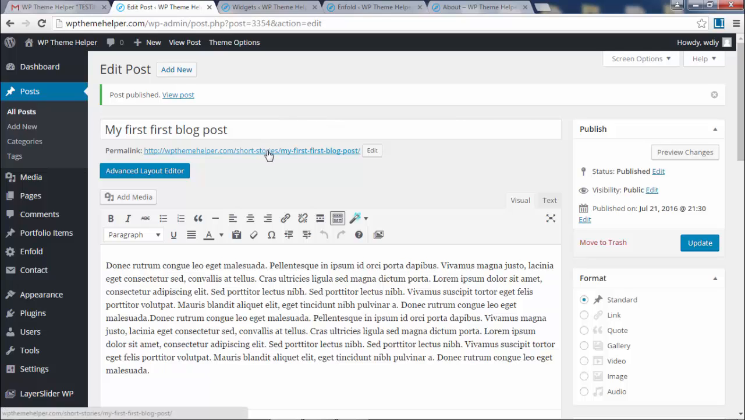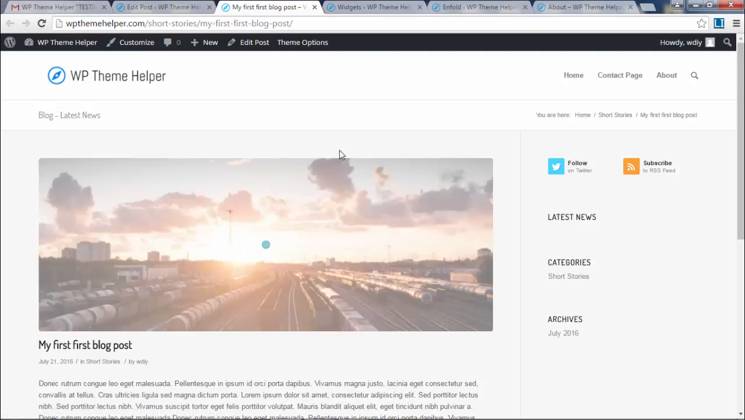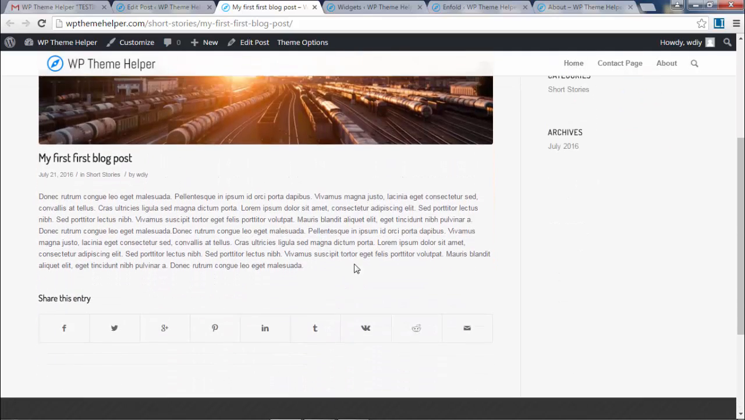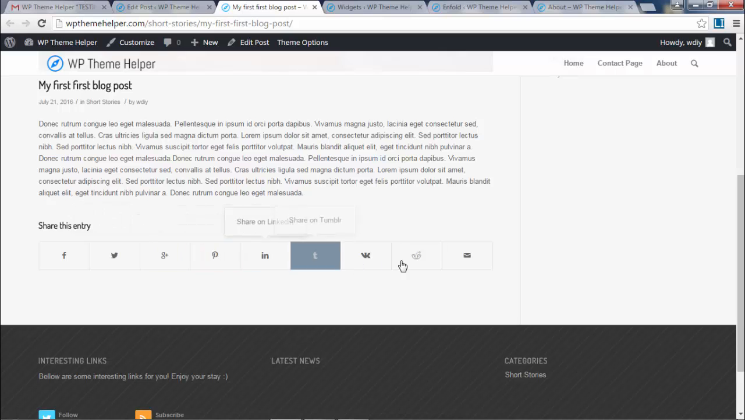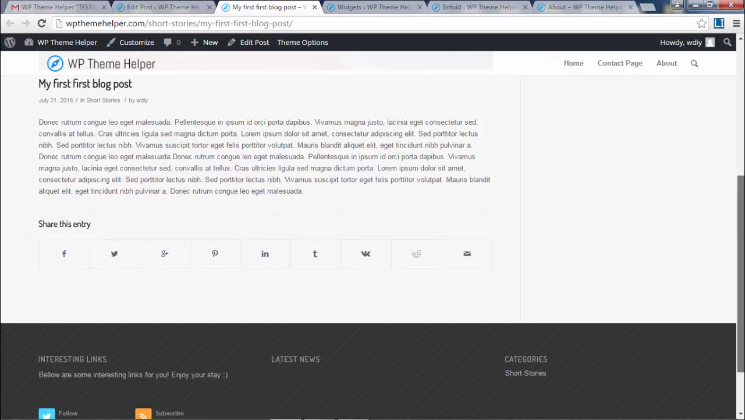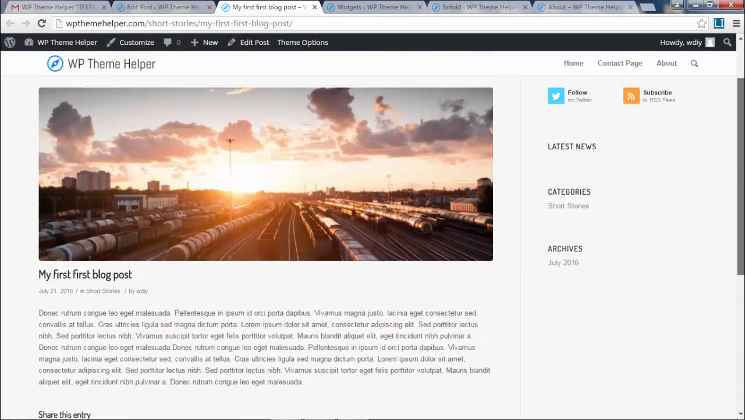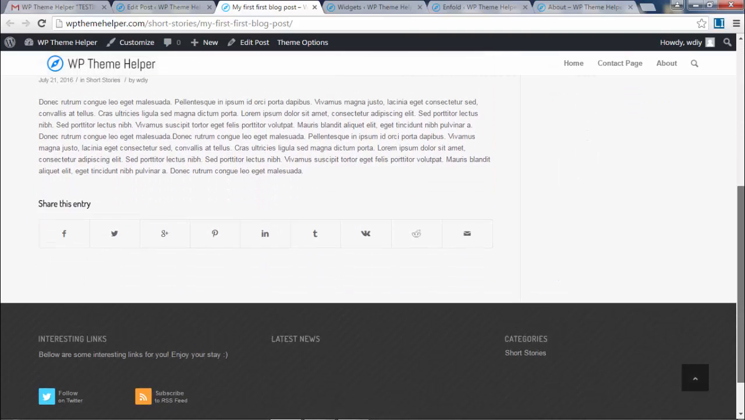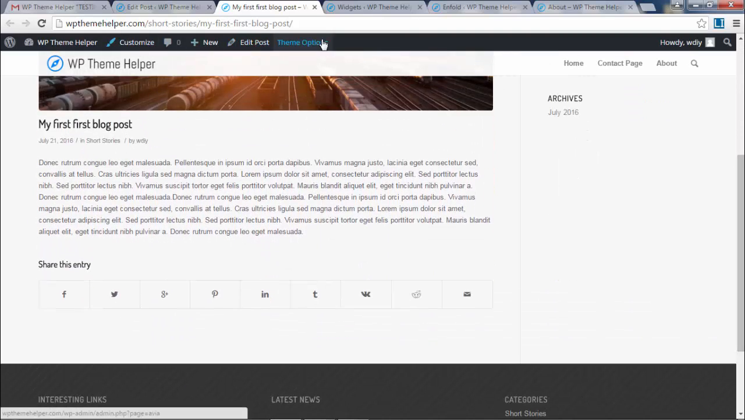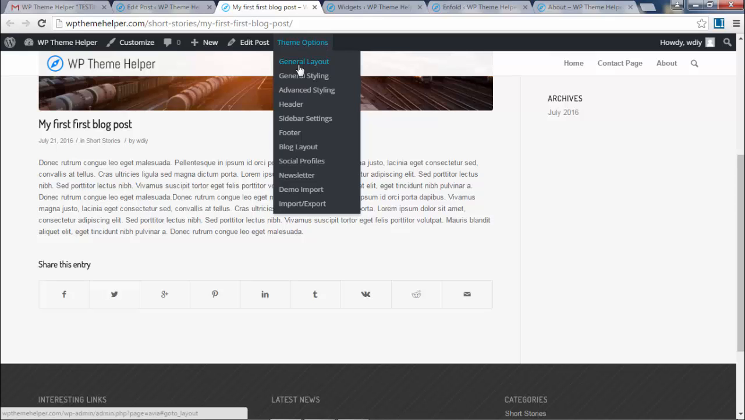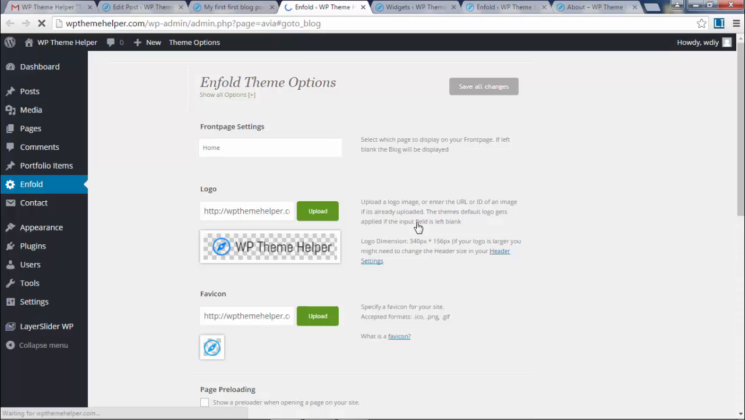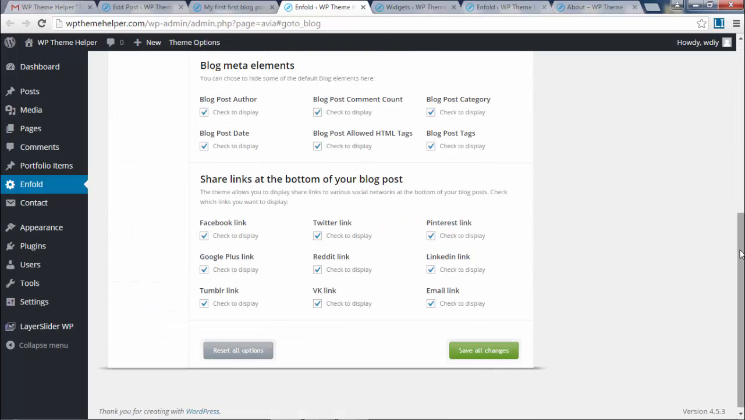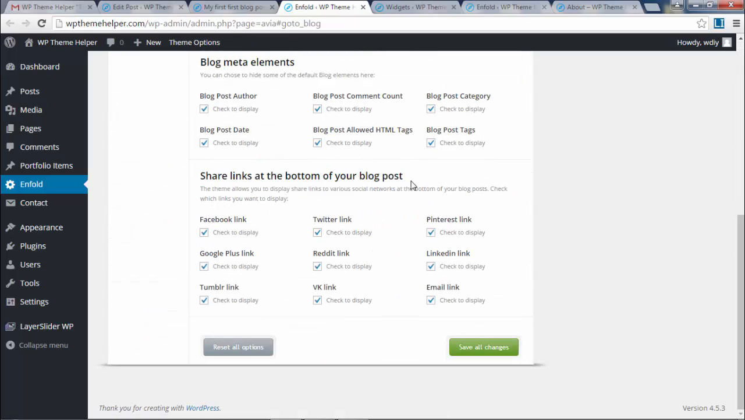Now if I right click and open this in a new tab to preview it, this is how it looks. There's that image, there's the blog post. It even inserts these social buttons by default, but we can change these later. Actually, the way you change these is you go to theme options and you go to blog layout, and then scroll down, and here you can remove the share links that you don't want. So if I click these and save,